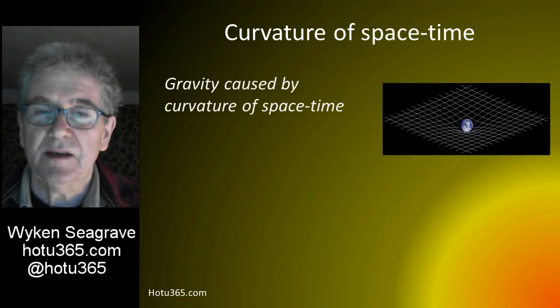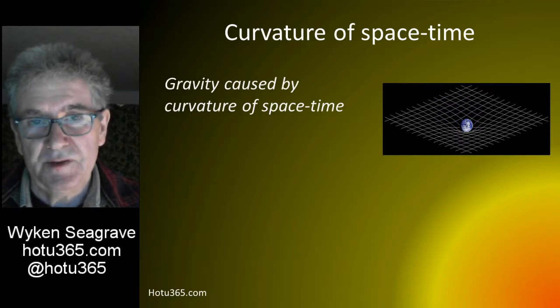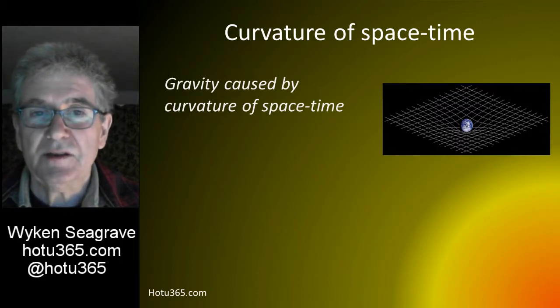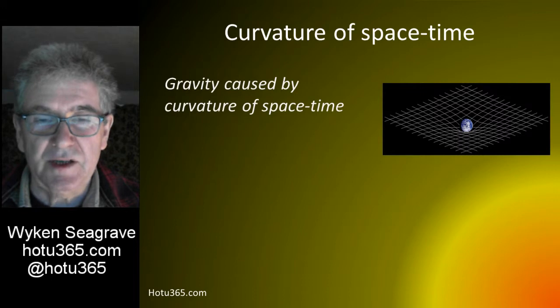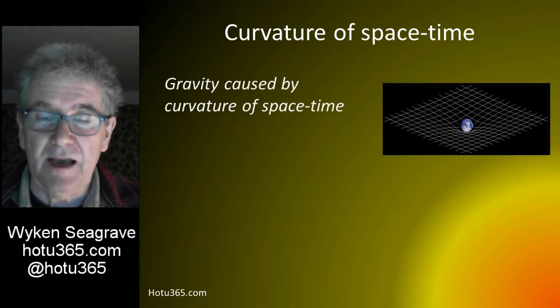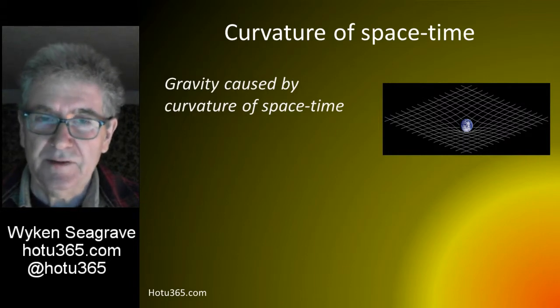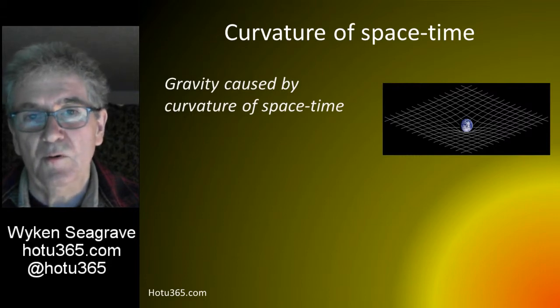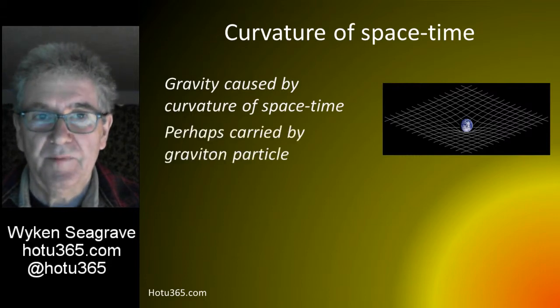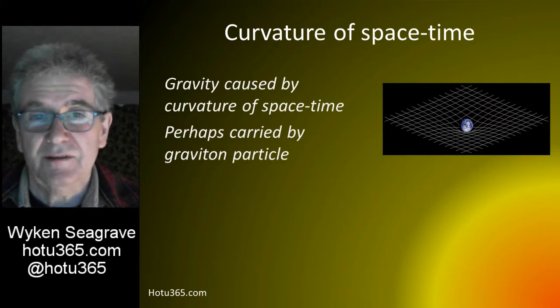If you imagine space-time as a flat sheet, then a solid object, such as a planet, placed on that flat sheet deforms the sheet. We can imagine it as pressing the sheet down, and other objects are attracted to it because they slide down. It's a bit like having a heavy weight on a mattress. The mattress is bent down and other objects will roll into the depression. Slightly more complicated than that because space-time is 4-dimensional, but that's the idea.